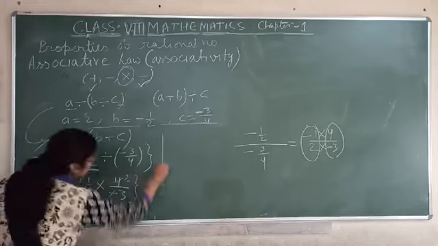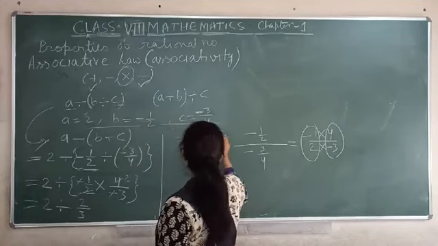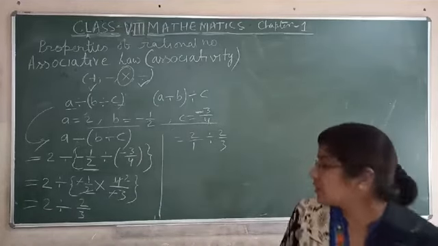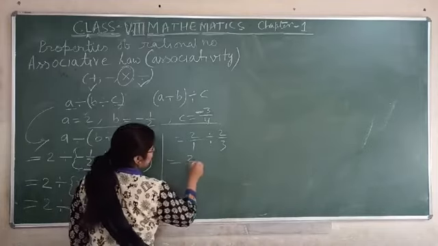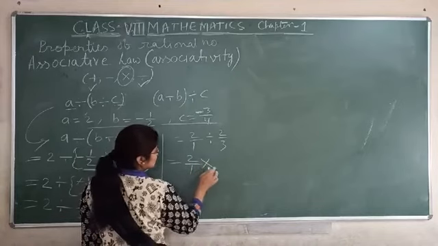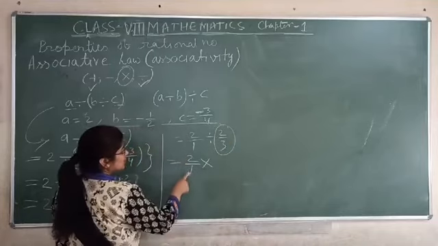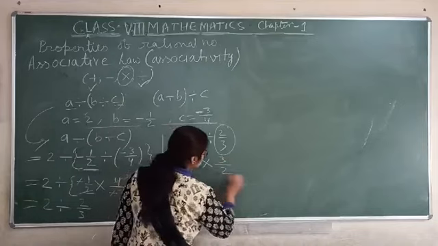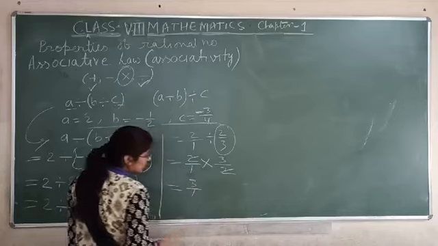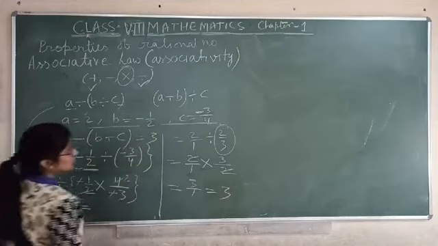Okay. Now we will calculate this one. We can write this as 2 upon 1 divided by 2 upon 3. So again we will do the same. 2 by 1 as it is. The sign changes: in place of divide we put multiply, and the reciprocal of the second one. The first one we have to keep as it is. 3 upon 2. So 2 cancels out. 3 upon 1 you have, and x equals 3. So when we calculate this one, it comes to 3.